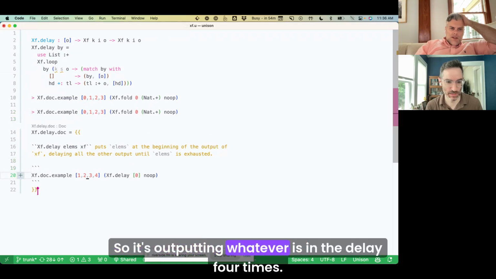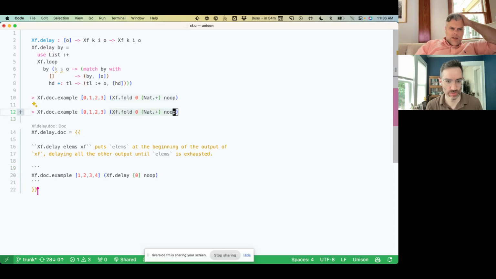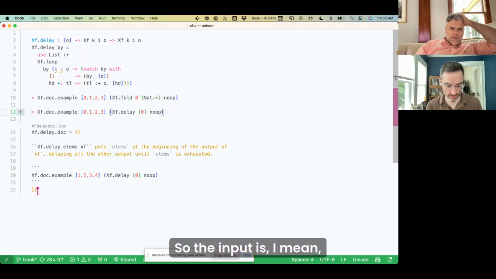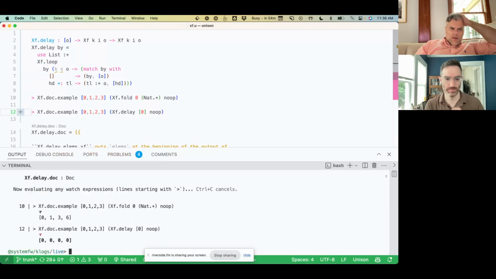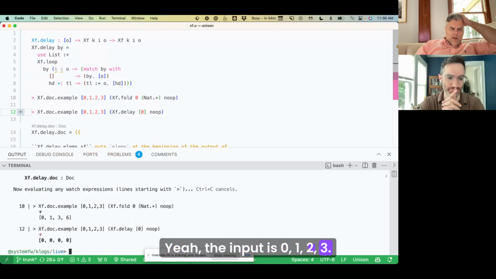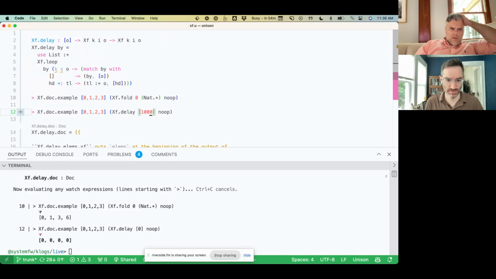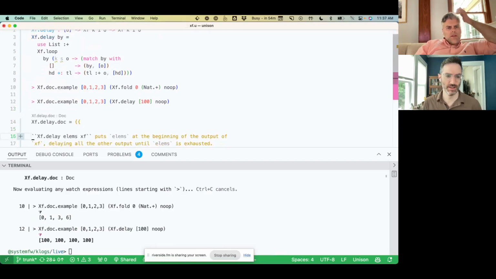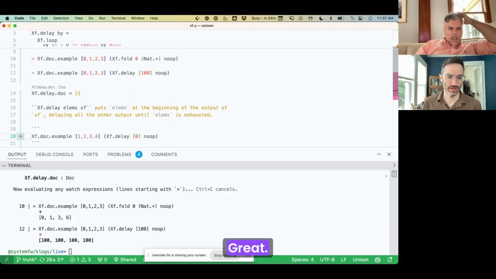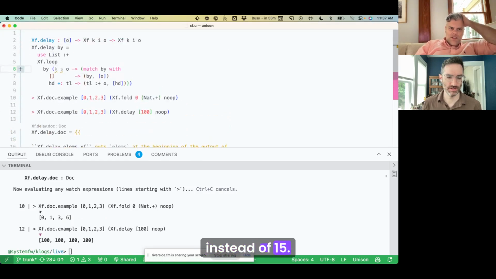So it's outputting whatever is in the delay 4 times. The input is 0, 1, 2, 3. Let's just make sure: if we change this to 100, does it output 400s? Yes, 400s. So it's replacing instead of shifting.